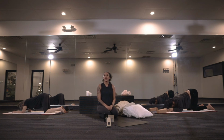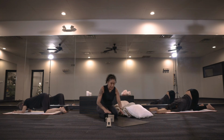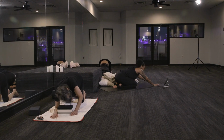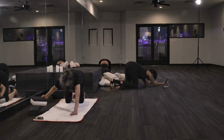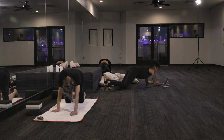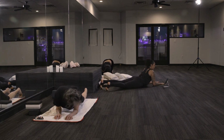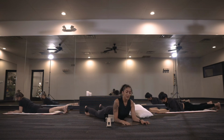Take one more big breath here. And as you exhale, we're going to make our way out of this posture. Go ahead and move any props out of the way from your mat. And we're going to walk your body all the way down onto lying down on your back, lying down on your belly. And so as you lie down on your belly,